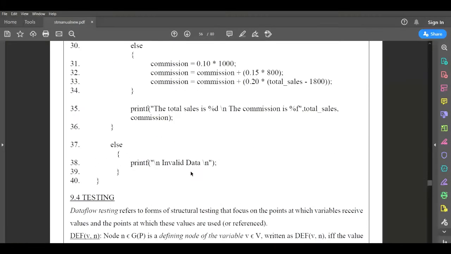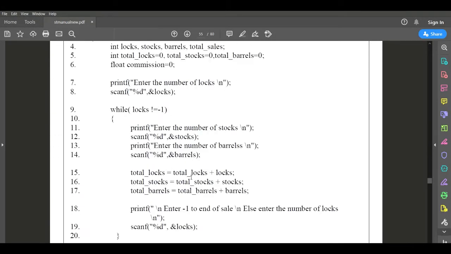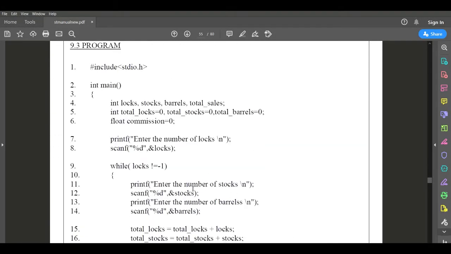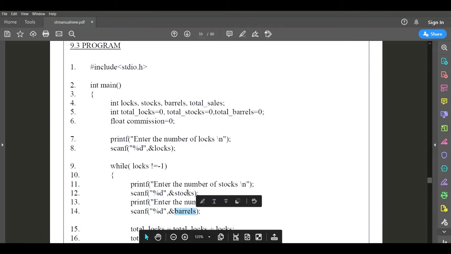Next, whether we are redefining that variable somewhere else. Now see, the stock value, in which line number am I defining it? I am defining it in line number 12. Similarly the barrel value, where am I defining it? In line number 14. 12 and 14 are the defined nodes of stock as well as barrel.